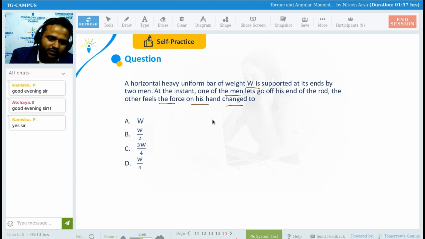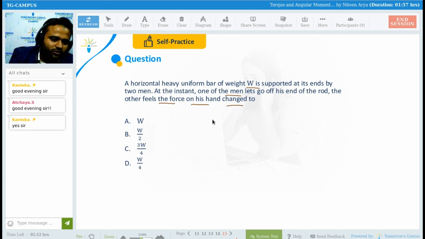Let me give you a little hint to understand. There is a rod, and it is going to be handled by two men. One of the men pulls his hand away. Initially, obviously, the rod is being held, so that is the equilibrium, and the weight of the rod, which is Mg, is balanced. But when one man withdraws his hand, due to the torque it is going to topple,